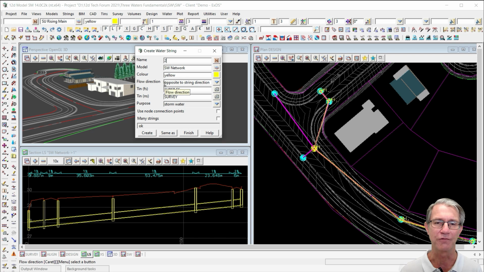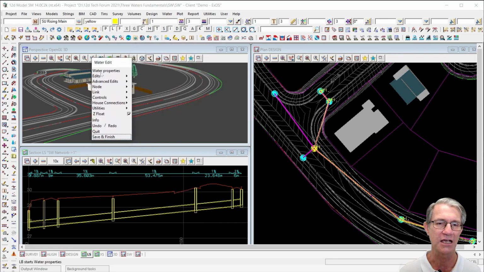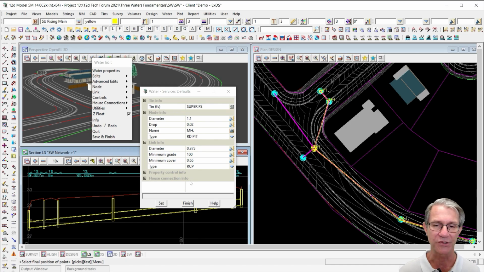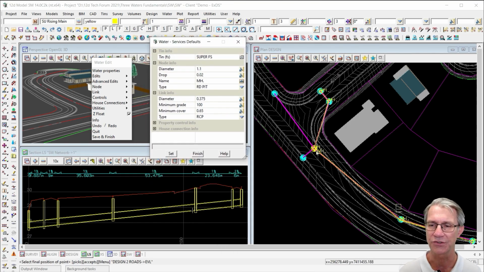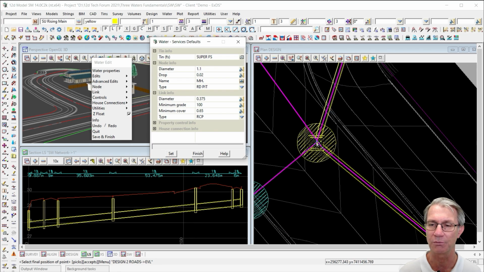Now this is set now for the flow direction to be opposite to the string direction, which means that I need to draft the string running uphill, starting at the low end and running up to the high end. Pretty straightforward to do that. We'll go tick on the box that says many strings. We'll go create and edits, add or append. 12D pops up and offers me the chance to change what I'm creating, but I won't bother with that at the moment. I'll simply put a new node in here on top of that junction pit